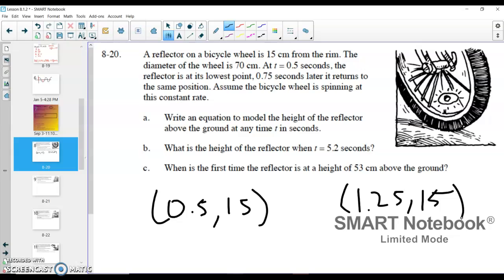So I need to remember that this is going to be represented by a sinusoidal function, and that halfway between here, so halfway between when it's repeated again, is when it's going to be at its highest point, because that's the kind of beauty of waves. So I'm thinking that halfway between these two, I am going to have my high point, not my low point. And you can calculate this yourself: if you add 0.5 plus 1.25 and then divide by 2 to find that midpoint, what we're going to have is a high point at